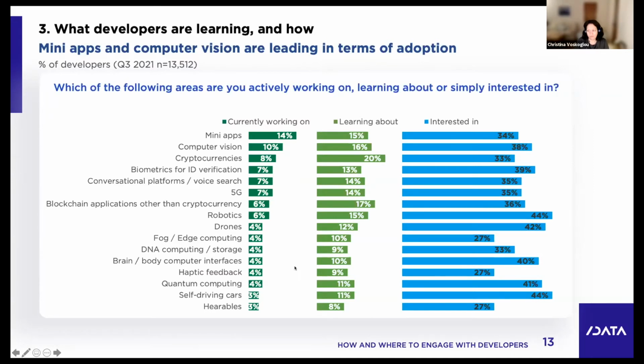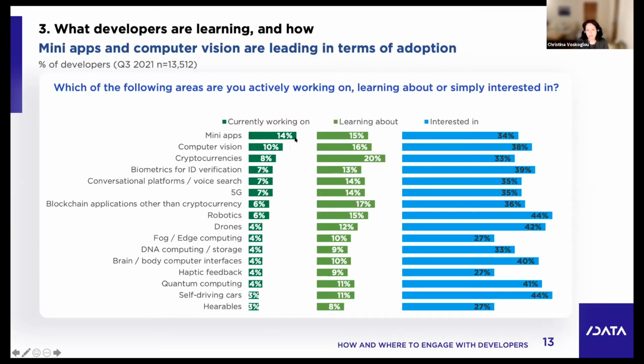All right, so learning what? What do they want to learn? Of course, languages, tools, platforms, the usual suspects. Beyond that, my point is that if you know the hot topics and you talk about those, then you're more likely to catch their eye and get their attention. So every single wave, 21 times now already, but about 10 for sure, we have been asking developers about emerging areas: what they're currently working on, learning about, or just interested in but not actively doing anything about. So this is how the ranking goes based on what they're currently working on.